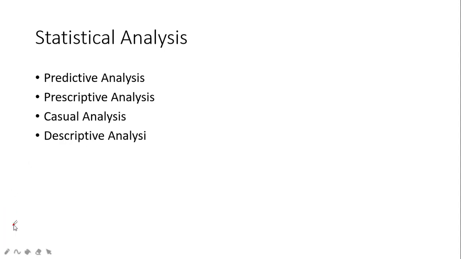So in a previous session we moved on to understand statistical analysis. Today we'll be looking at the types of statistical analysis. We start with the first analysis, known as predictive analysis. Basically, predictive analysis is used to make predictions for the future, or predictions for any data. So predictive analysis is nothing but what we do for prediction purposes.